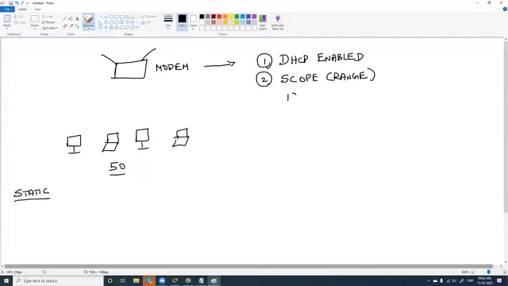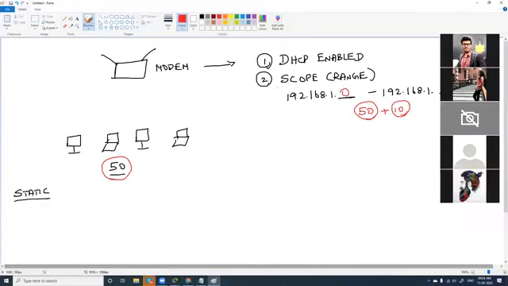You can mention it something like this: 192.168.1. It starts from 0. So you'll have an option to fill here, and it goes till 192.168.1, with another option to fill in your number here. So how many computers do you have in your network? You have 50 computers. So on the safer end, I will start from 0 and give till 60. Why? When we give this, it can assign 50 IP addresses to 50 computers plus 10 extra devices, just in case we need them. Right? So this is the DHCP scope.